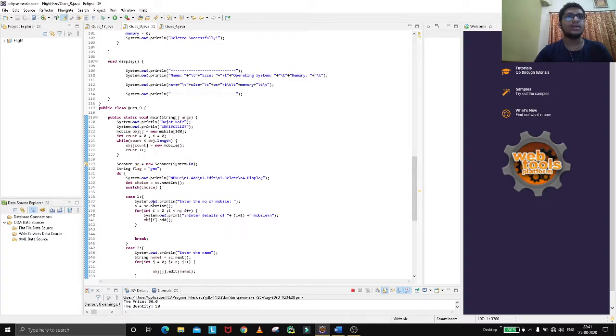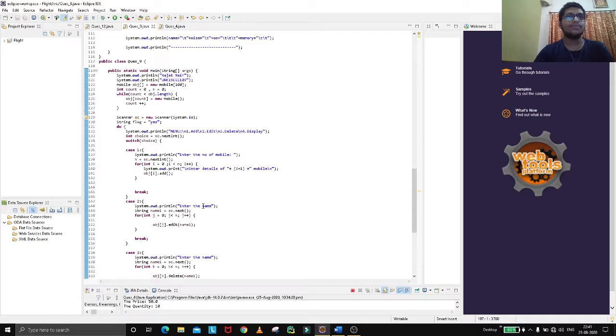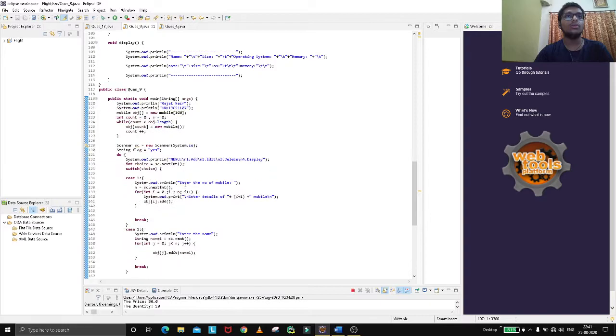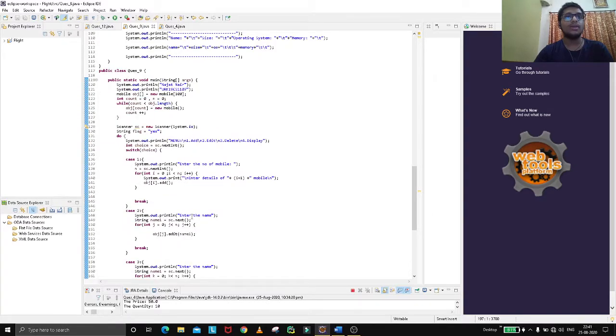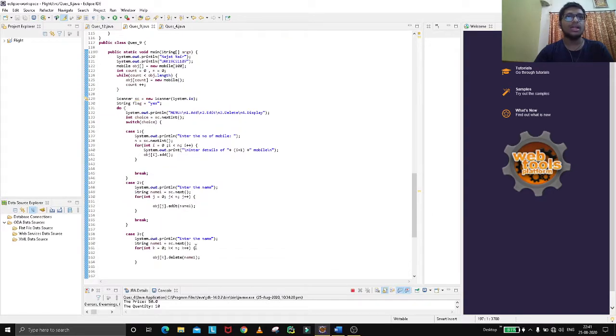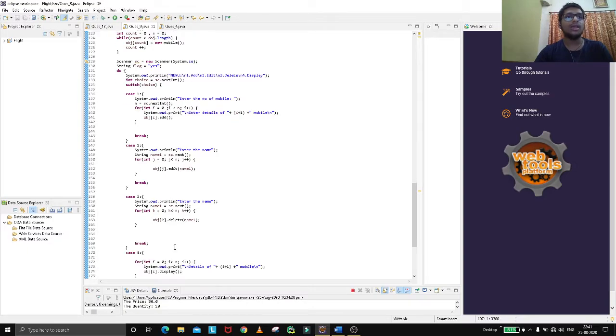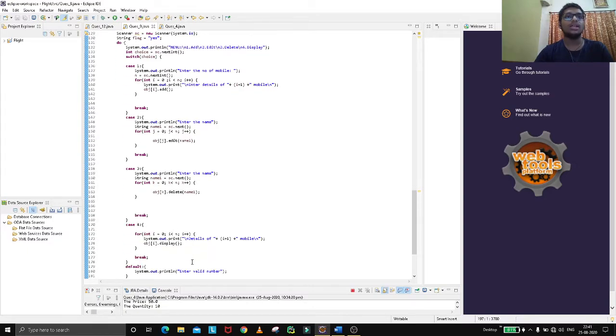So what is an array? In an array, you can store many objects of the same data type for retrieving more mobile functions. Case 2 is for edit, and 3 for delete, in the main function. The main function does the main functioning of the code. Case 2 will be edit, case 3 will delete if we provide a name, and case 4 will give all the details of the mobile. All the specifications will be provided by case 4. Case 4 is for display.